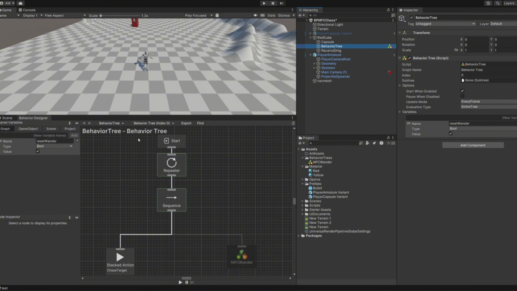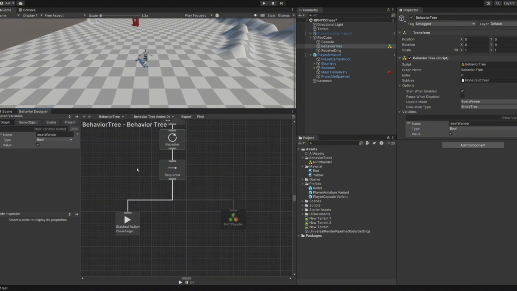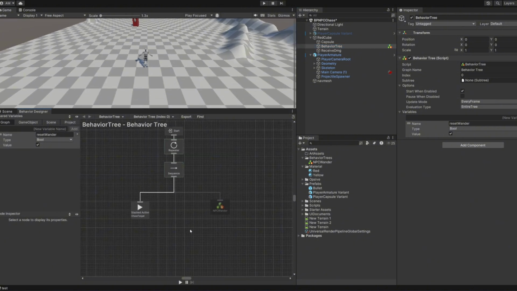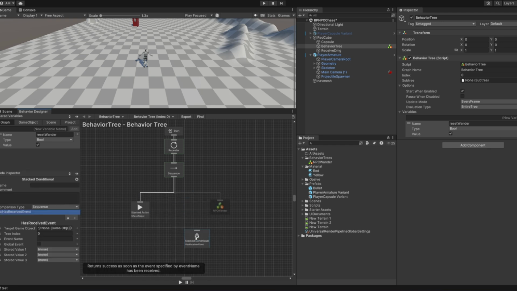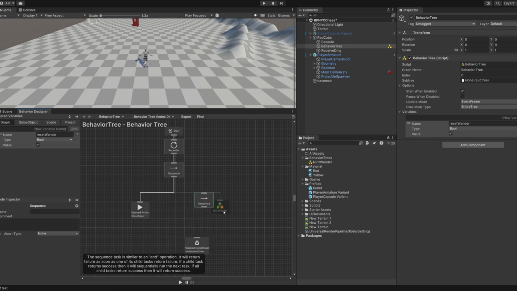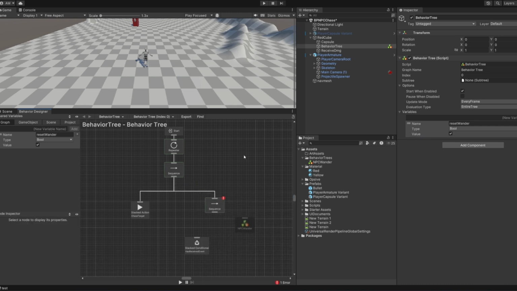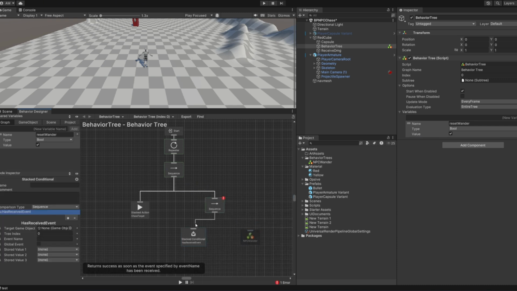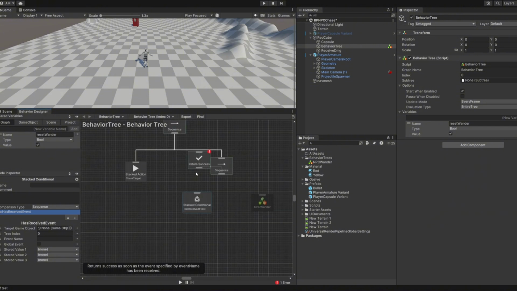Let's work on our behavior tree next. The NPC can receive damage and notify the behavior tree, but we need a way for the tree to respond. By the way, I will explain how this works in the end. We can start by adding a has received event node. This will act as our event receiver. Now, our event will continue to fail until it finally receives an event. So to prevent it from failing, I'm going to add a return success node, whose job is to return success